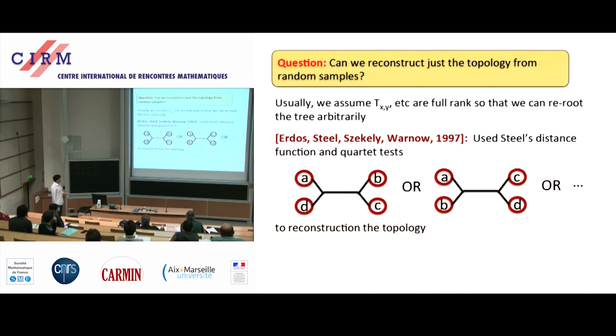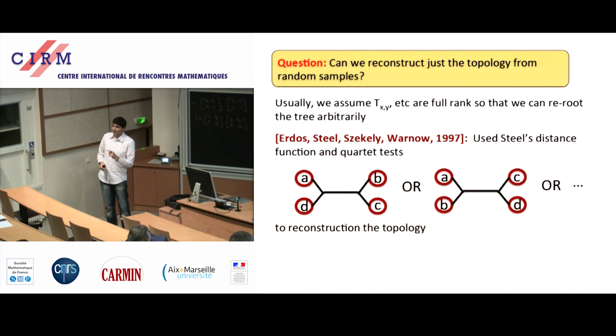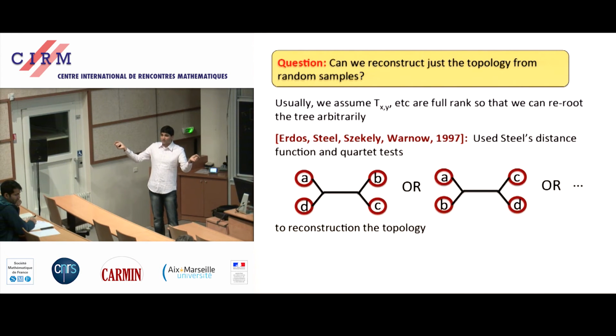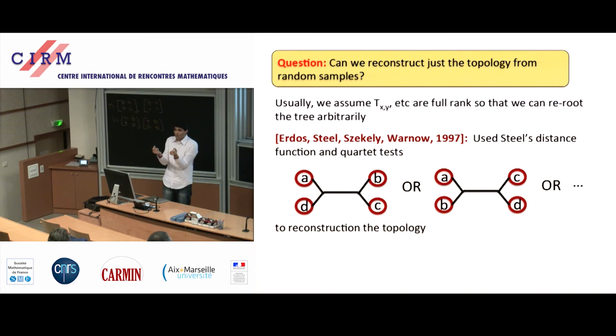But the basic idea then is what are called quartet tests. So if you think about Steel's metric as assigning lengths to the different edges, which themselves you're allowed to query the distance between 2 different extant leaves, because that function is something you can compute from your data, then what you're really trying to do is imagine you have 4 different leaves. Well, there are many different topologies of what their interconnection could be. You could think about A and D as merging before you get to B and C. The point is that just based on making pairwise distance tests, you can actually distinguish which of those cases you're